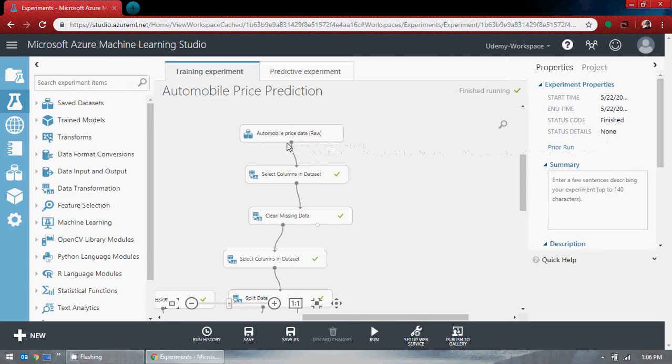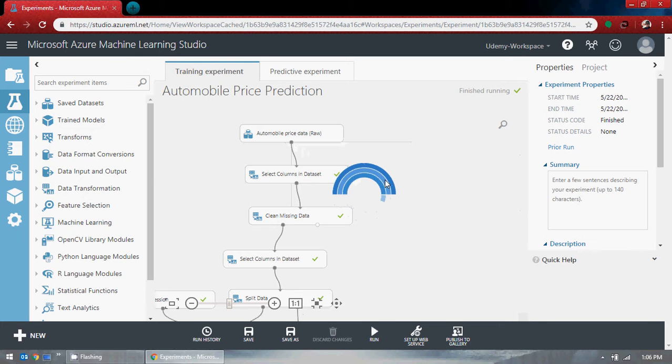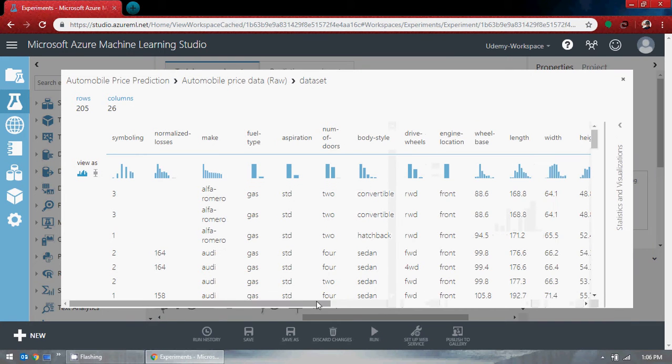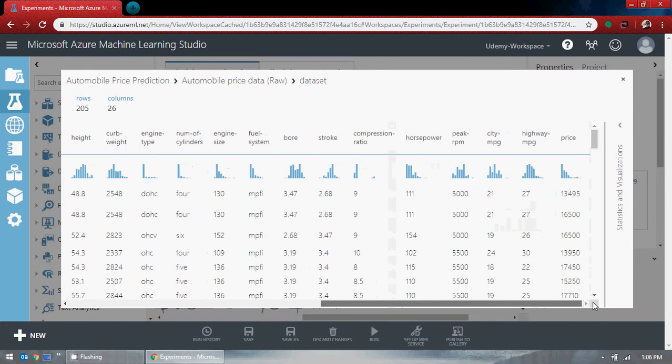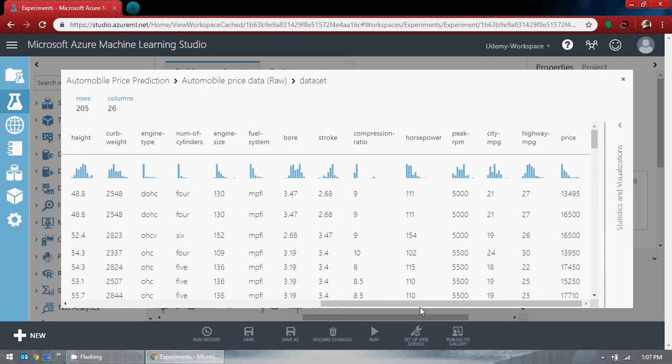So this has raw data which you can visualize, and as I told you, you don't have to stick to price. I have done price from a tutorial point of view. You can use any of these for prediction. How do you predict? You can predict horsepower. You can predict